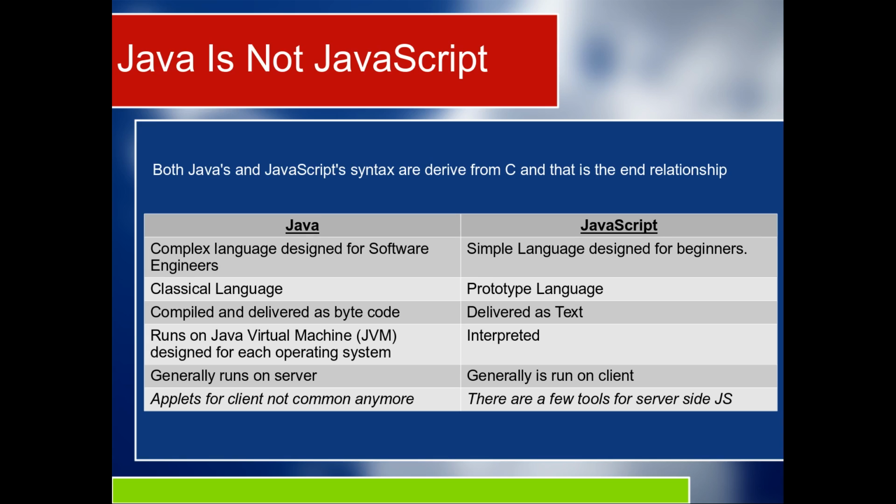For web development, Java generally runs on the server. JavaScript generally runs on the client. But there are exceptions to this. There is something called applets, and they're designed to be run on the client. That's for Java. However, they're not very common anymore because there are some security issues and other problems with them. And also, the applet tag is now deprecated. I know it's at least deprecated. It may have gone all the way as of HTML5.